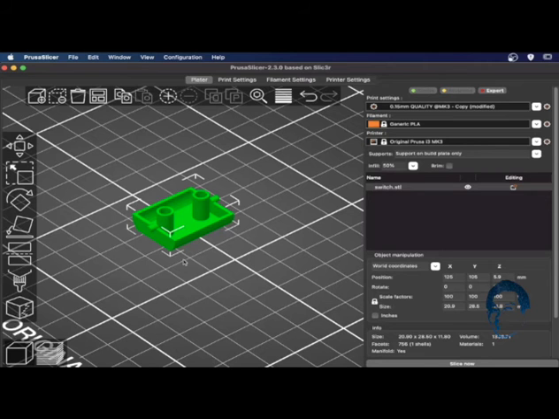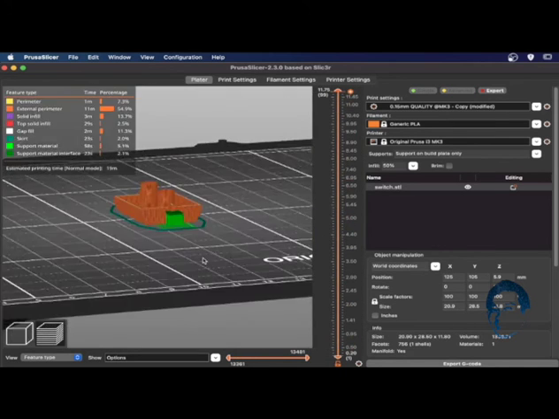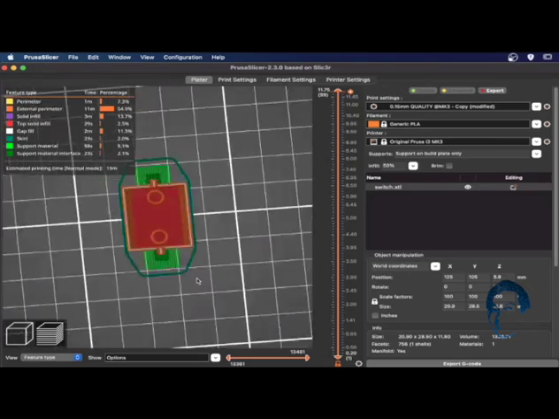Alright, if you are happy with how it looks like on the slicer, what you need to do is to slice it. Click on slice now, and it will show you how the model has been sliced. And you can drag the layer bar here and look at each layer how it looks like in slice format. Of course, you can rotate it to look at it on the various angles.